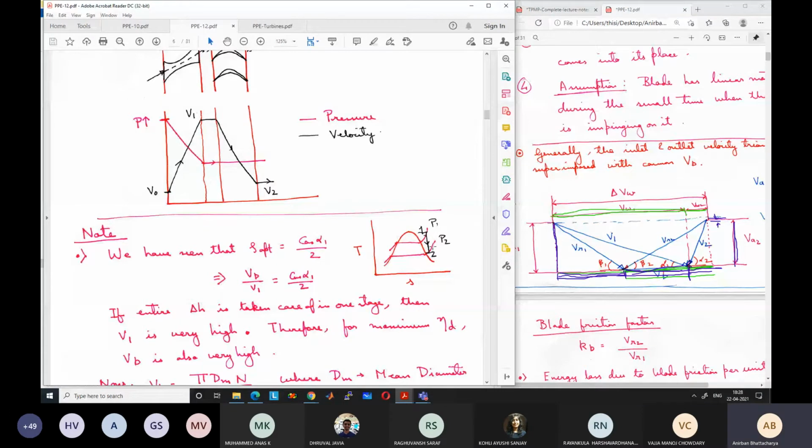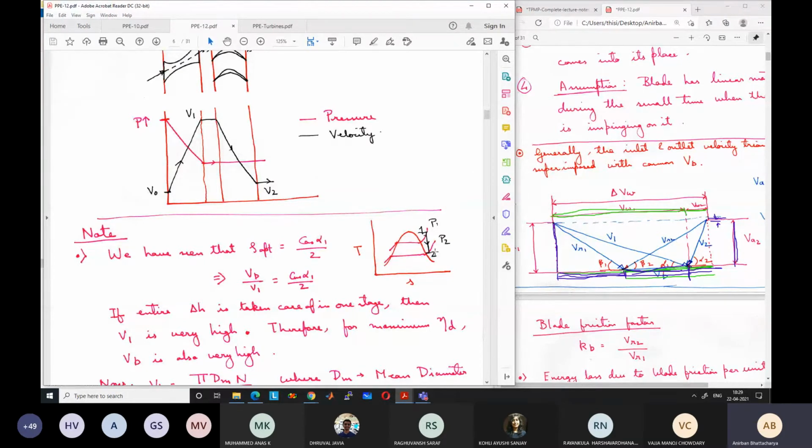Can you say what will be the kinetic energy in terms of the enthalpy? The kinetic energy will be H1 minus H2, right? Half V1 square. If we ignore the inlet velocity, half V2 square, sorry, this 2 point is actually the exit velocity. This kinetic energy here will be equal to the change in enthalpy. So this change in enthalpy and increase in kinetic energy occurs in the nozzle.